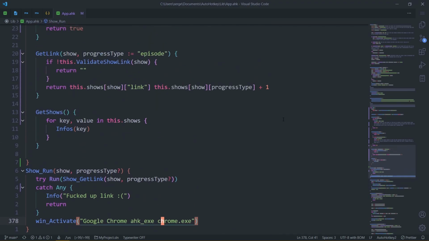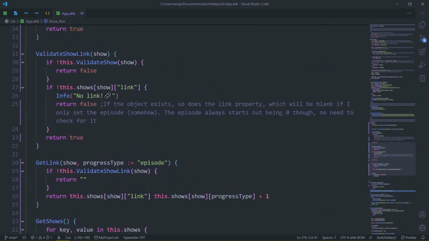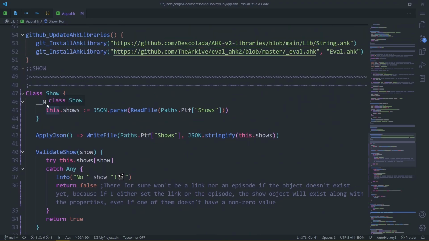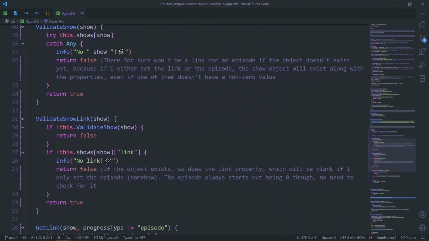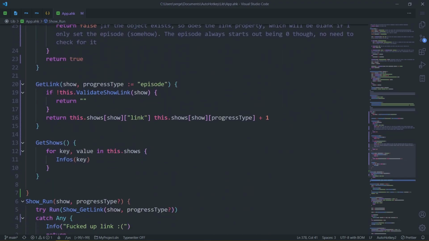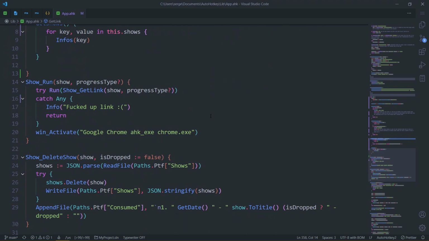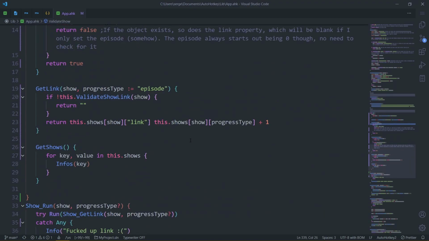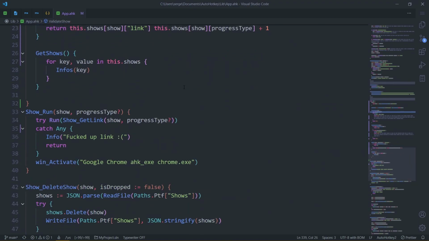I'm seeing show a lot. I was thinking of adding it to the new method, but it makes far more sense to just pass it as a parameter, because usually I give it there and then it goes down into the functions. Passing makes more sense than making it an instance variable, in my opinion. Okay, so